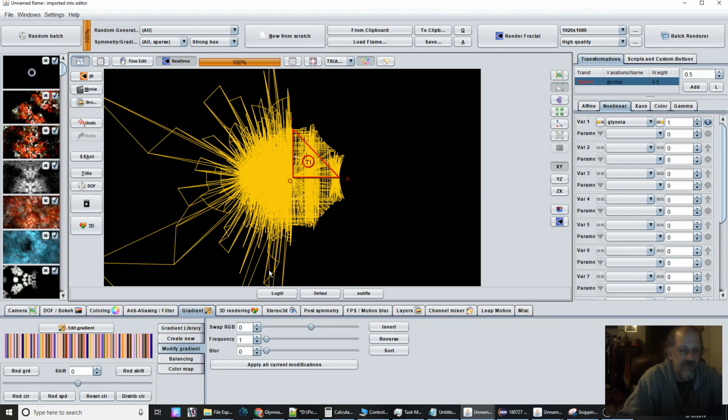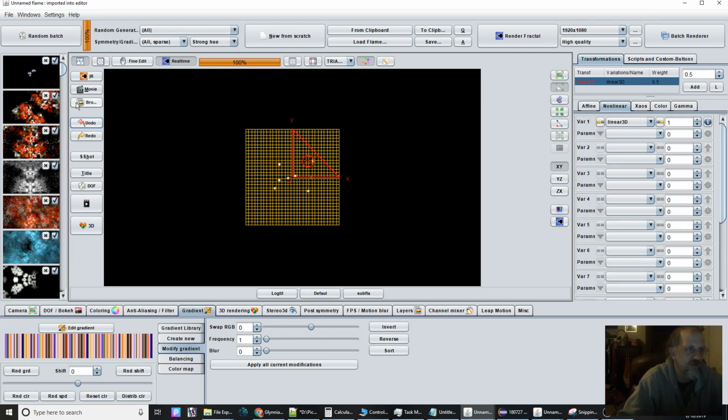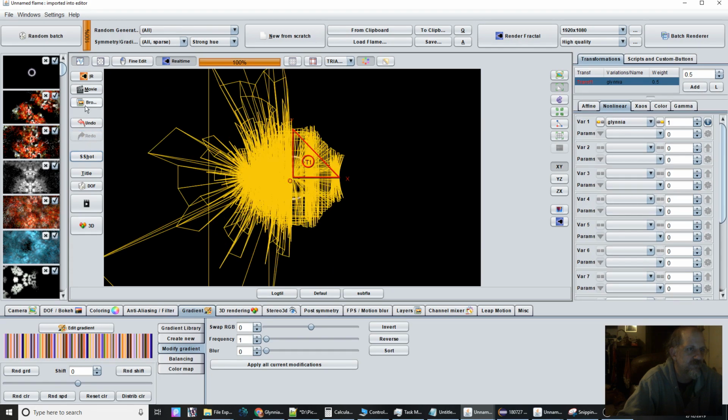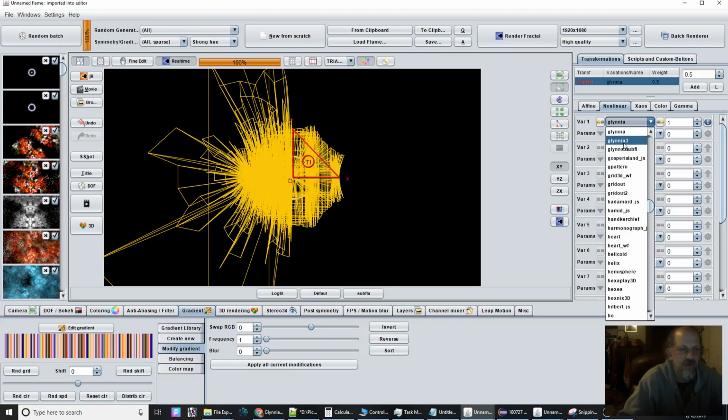I believe, I know one side acts as a spherical. I don't remember what the other side acts like. But as you see, you can see the shape here. Oops, didn't mean to do that. Screenshot. And now if we go to Glynnia3,